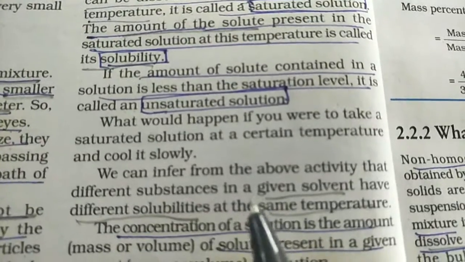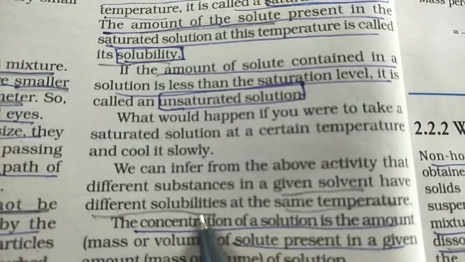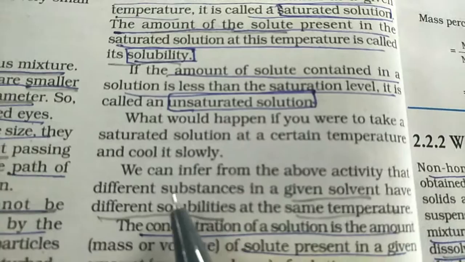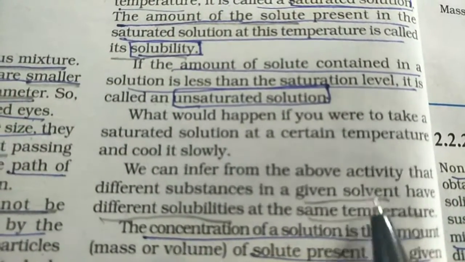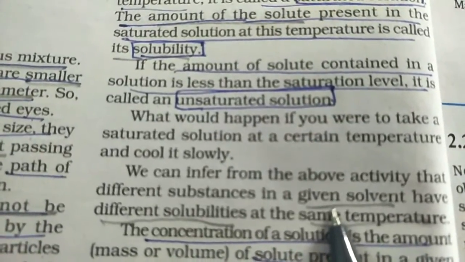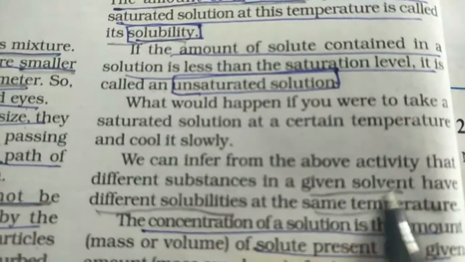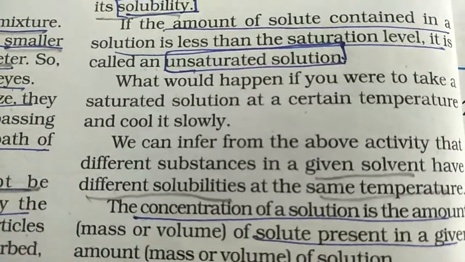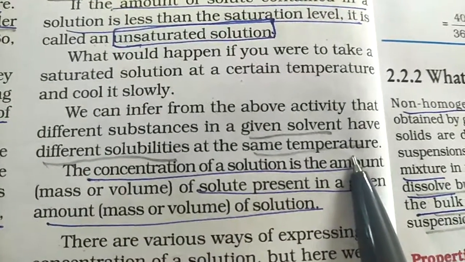Now we go to the next topic: whenever you have a solvent, it will have different solubilities for different solutes at the same temperature. Suppose you have water as a solvent and you have different solutes. The same solvent also behaves differently at different temperatures. Suppose at room temperature the capacity of dissolving will be one thing; if you increase the temperature, the capability of dissolving of that same water will be different. So the solvent will have different solubilities depending on the temperature, and depending on the solute also.